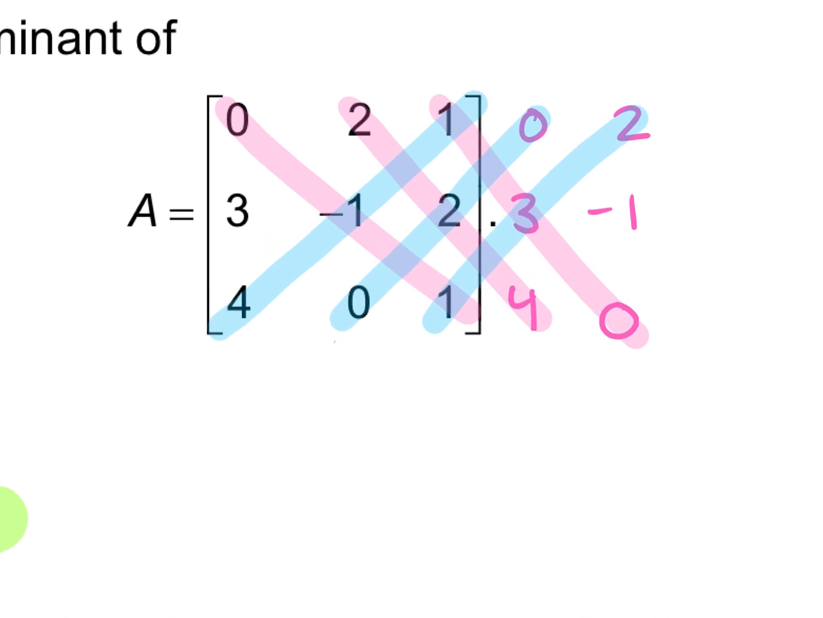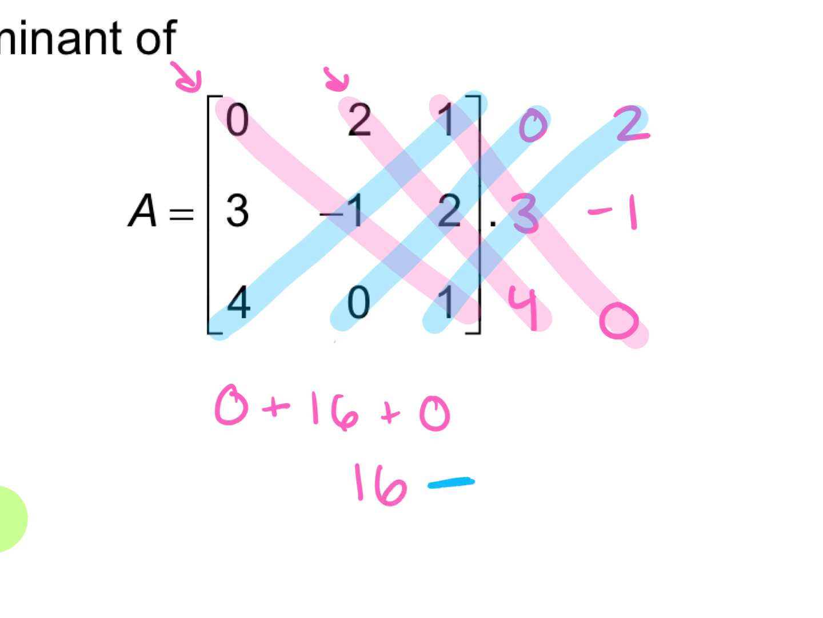So we multiply all 3 numbers in each major and add them together. So in our first diagonal here, starting with the majors, what's 0 times negative 1 times 1? 0. So 0 plus, what's 2 times 2 times 4? 2 times 2 would be 4, and 4 times 4 is 16. Awesome. Plus, what's 1 times 3 times 0? 0. So when we add up all of our majors together, 0 plus 16 plus 0 is